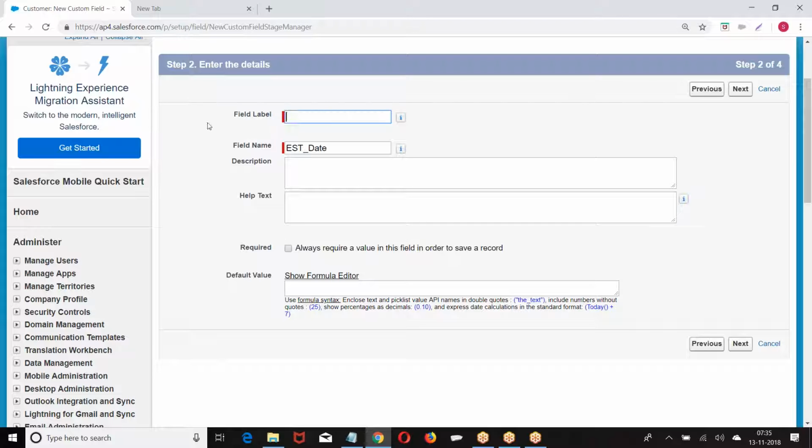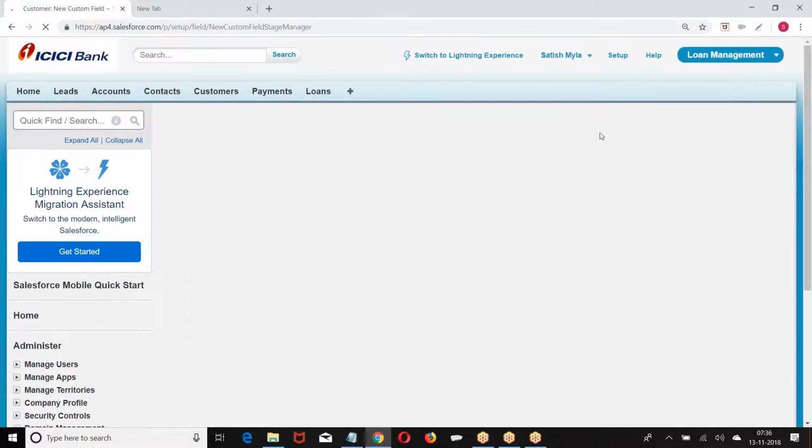Date of registration. Now, if it is a person, I will ask date of birth.